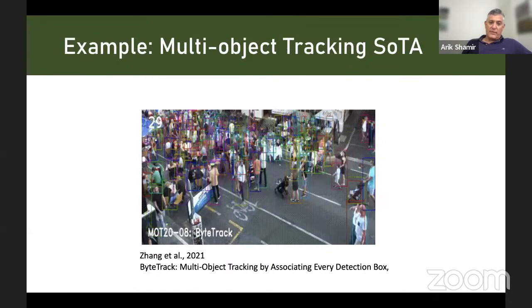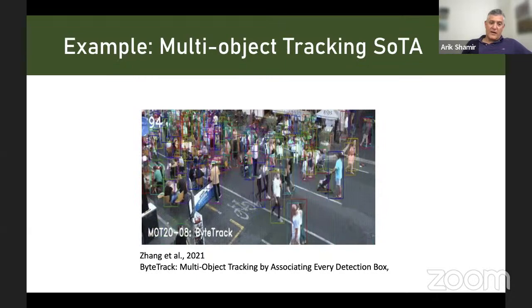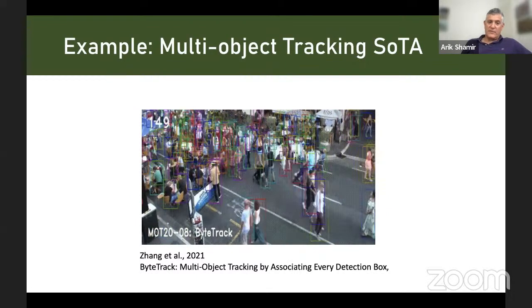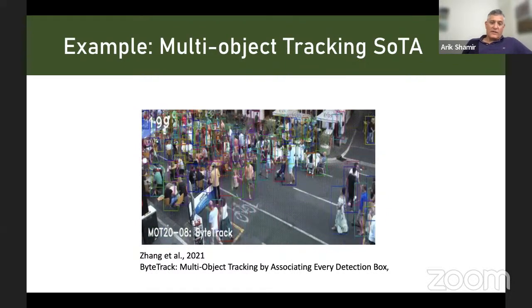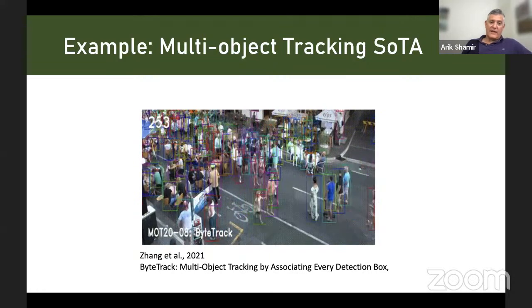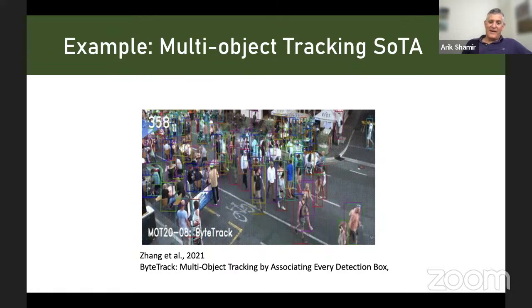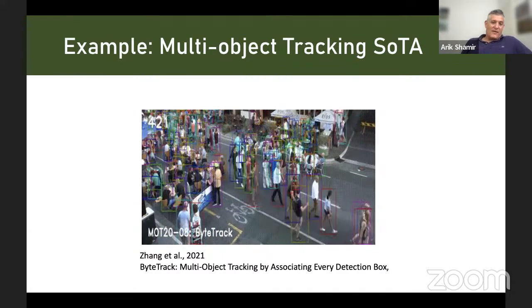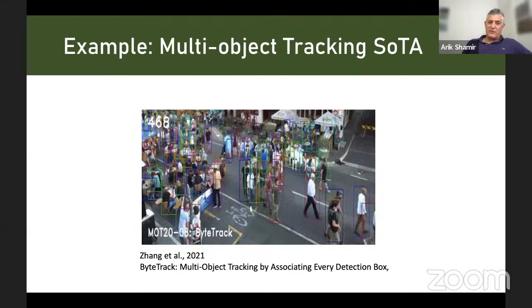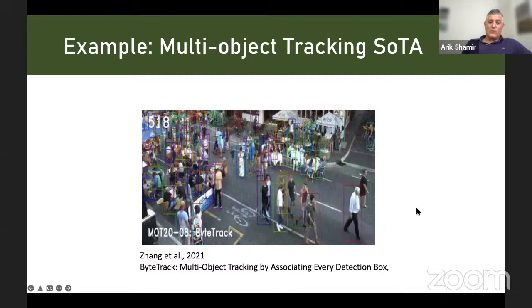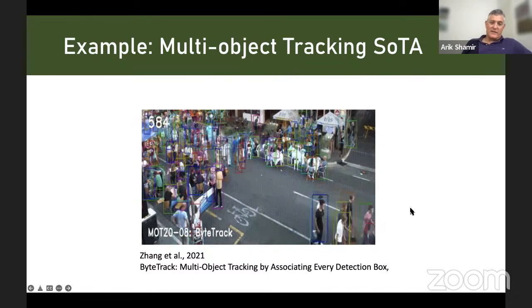Here's one example. This is ByteTrack from last year's paper. Amazing work that, as you can see, can track numerous people in one frame in real time without much trouble. So this is amazing work when you think about photorealistic content.